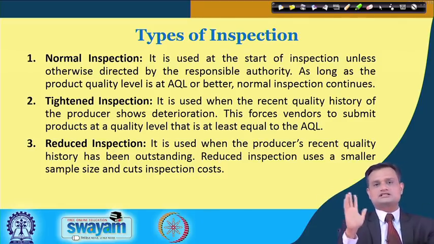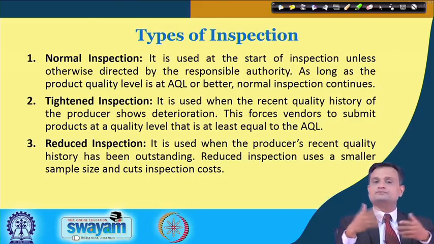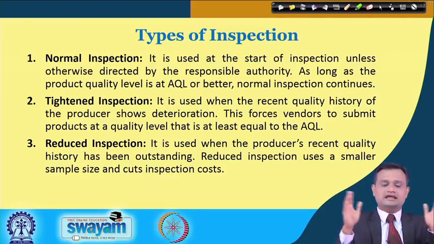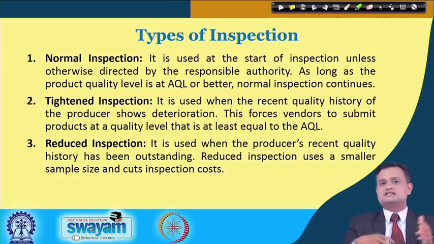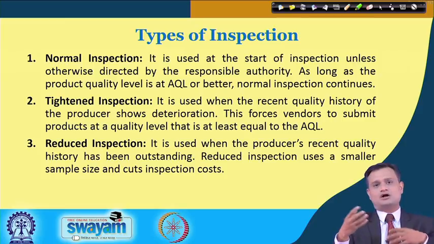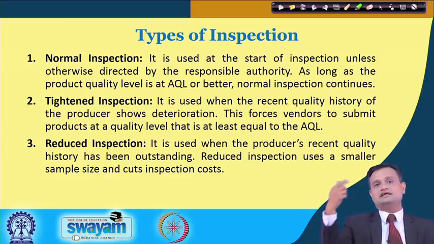So if your process is producing, let us say your AQL is 3%, it is more or less producing 3% defective, you are happy with that and you will only apply the normal inspection level. Let us say you look at the recent history of the producer and you find that there is a lot of deterioration, you are purchasing the material from some vendor and you find that there is a lot of rejection or defects, or if you see the process capability of your supplier and it is going down, then there is a risk and you would like to go for increased inspection, that is called tighter inspection.